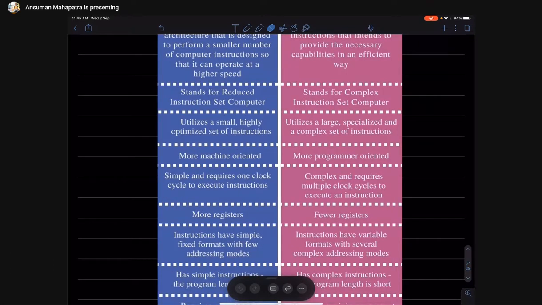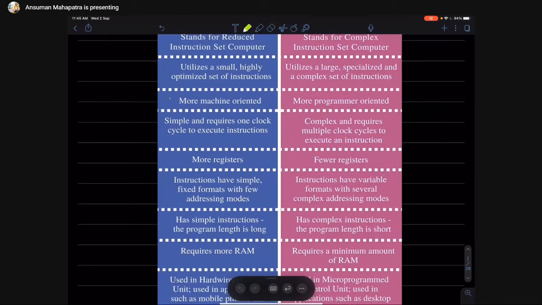So RISC is more machine oriented, and as I have told, CISC is more programmer oriented. RISC is better for the machine, CISC is better for the programmer.